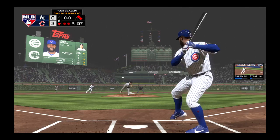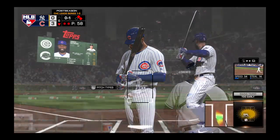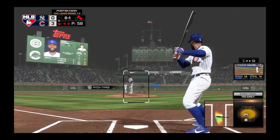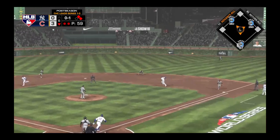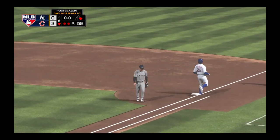Into the box, Jason Hayward, as Tanaka jumps ahead of him here at strike 1. A hit in 2 tries for him so far. Now the 0-1. Hard hit ball to second. He's got it. On to first, and the Cubs squander what looked like